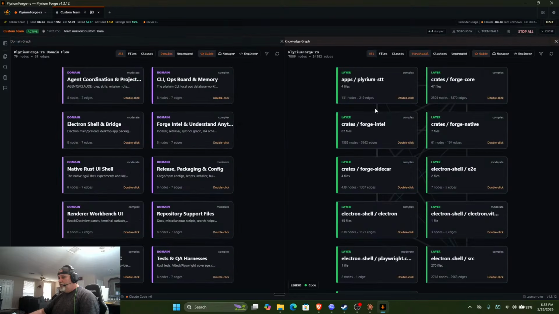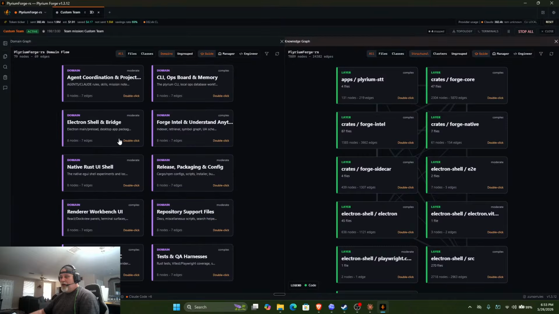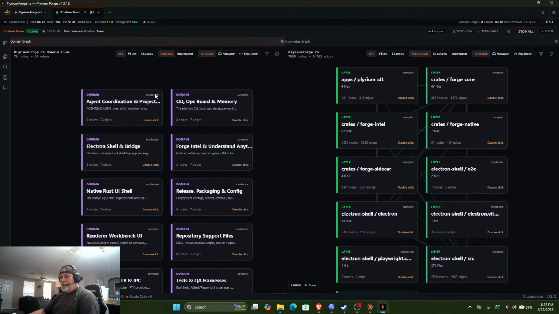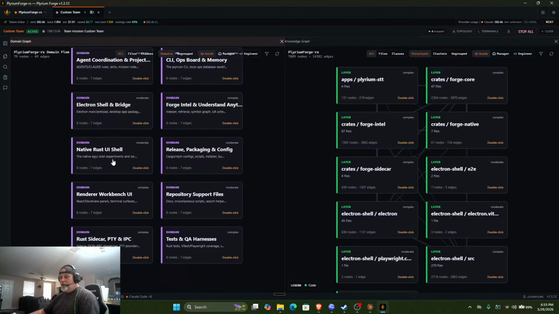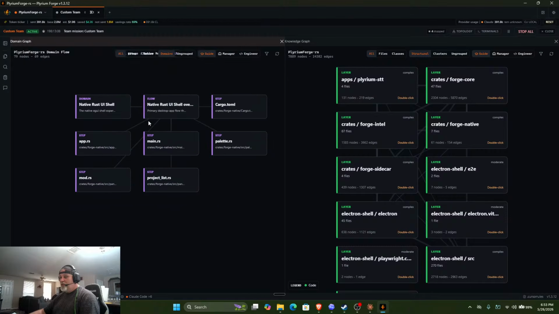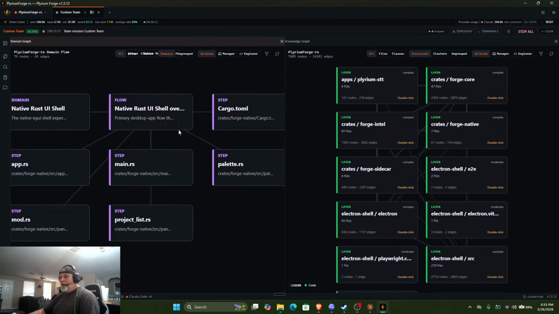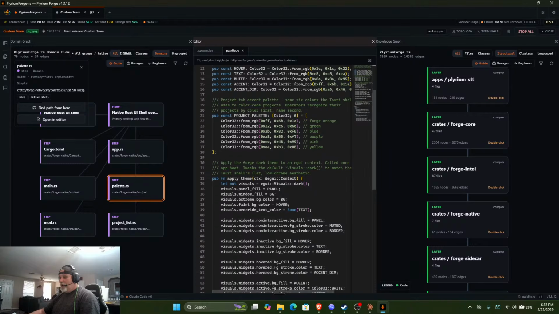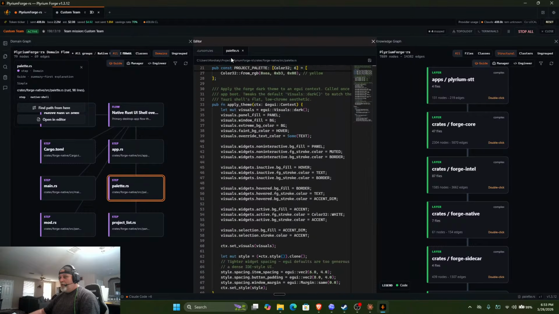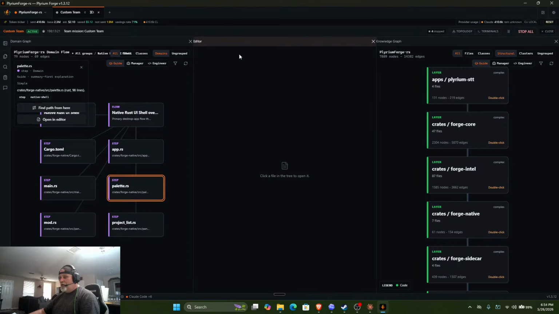I actually have a domain graph and a knowledge graph now of your actual project you're working on. And what this will do, you can actually look at parts of your project. Let's just say I'm building my native Rust. This is my UI shell here. So I can double click on this and drill down to it. Here's my Cargo TOML file, my palette.rs. I can actually open that up and see the palette here. Without having to go through the files, I can actually drill down